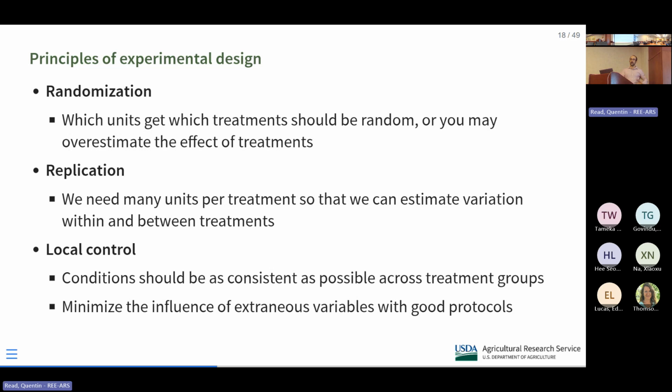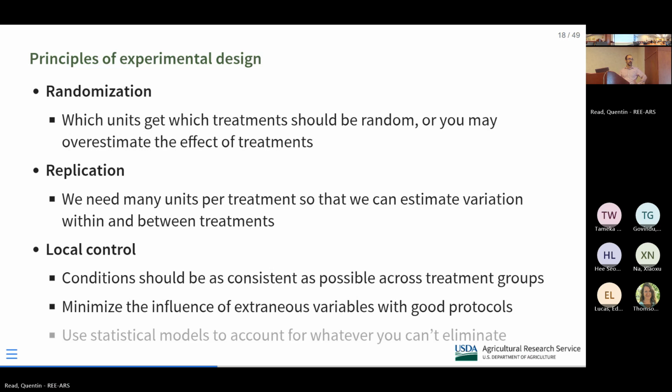And again, if an experiment is well designed, if you have good lab protocols, you can minimize the influence of any variables besides the ones you're testing. We do have statistical methods to account for them after the fact, but statistics aren't as good as having a good protocol in your design. It's better to have a well-designed experiment than to try to bail yourself out by using statistical models to deal with things that you should have taken into account in the design process. So we do have stats, but that's no reason not to have good protocols and do things cleanly.